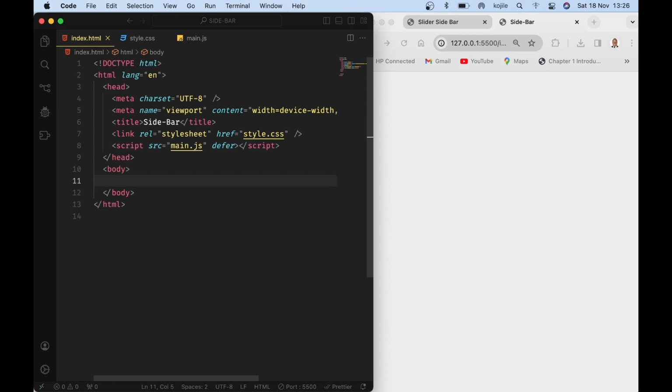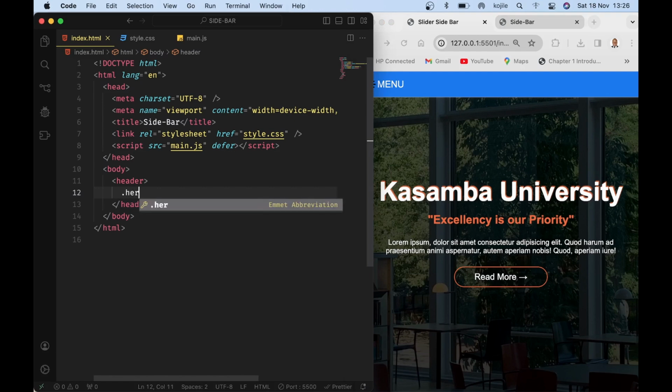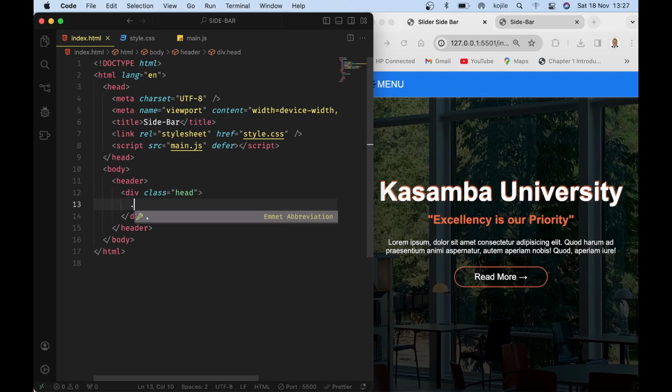index.html file, let's try to create a heading for this, and we can use header to wrap over our heading. Now we only need to have some few things. Maybe let me create some div to contain our menu. So here let's have this maybe saying head, and then inside this we need to give this SVG file and say maybe we call this a bus,